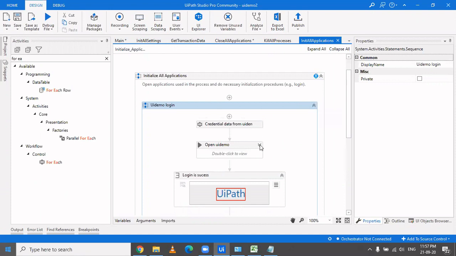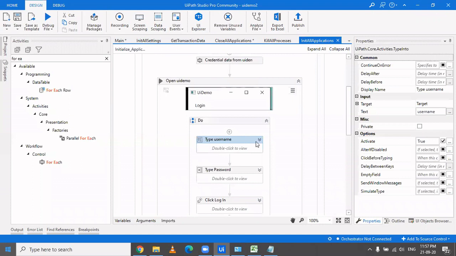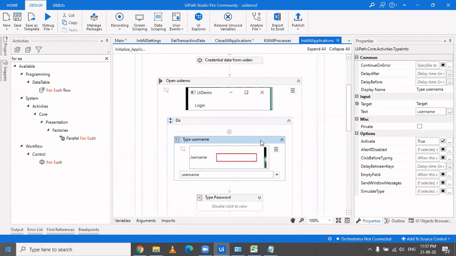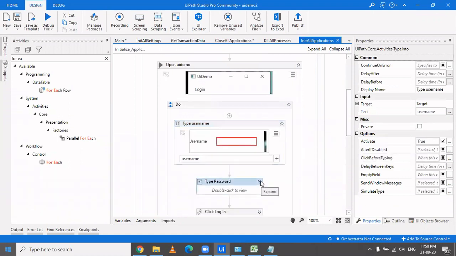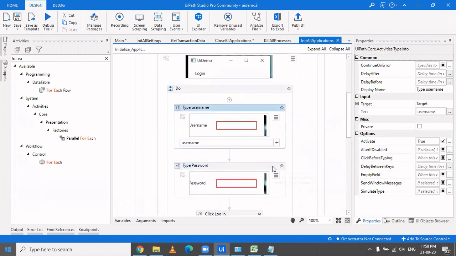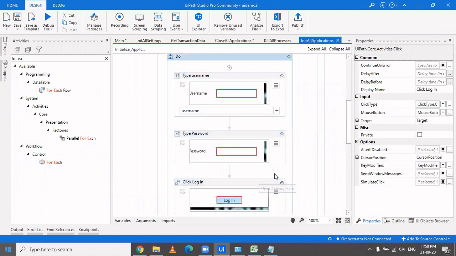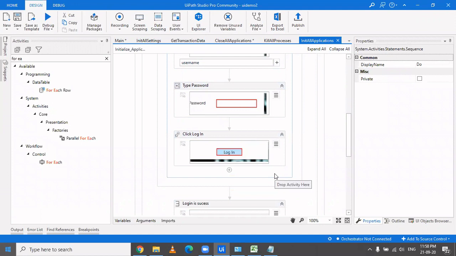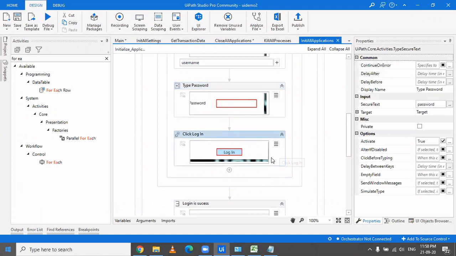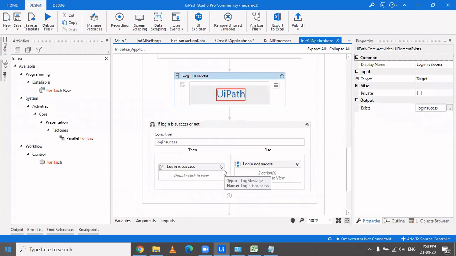In this workflow, we are actually making the sequences where we are logging into applications or logging into web browsers. Yes, it's just for logging in, and it's not necessary that you do it here, but it is advisable to do it here, that if you're using any system, you can log in from here. So I've just entered the user ID and password, clicked on login, and then checked whether login is successful or not.